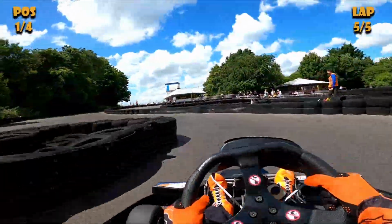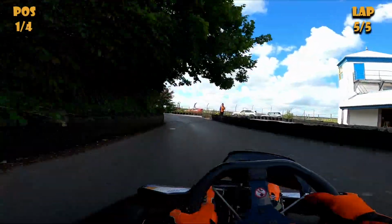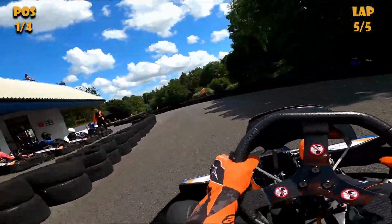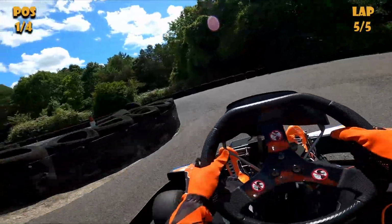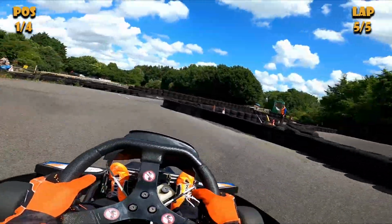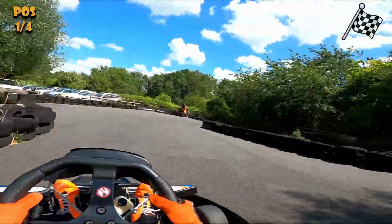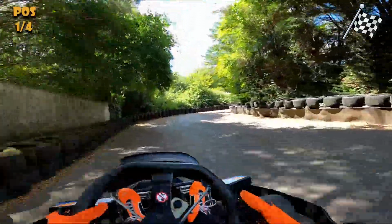Around the chicane, nice and tidy, up the hill, no need for human DRS because I'm not being challenged. Then round the top corner, nice and early on the power, get round there. Coming down the S's, down the hill here. This one is probably my worst corner on the track currently. And then we go checkered flag, and we take a nice easy pole to P1 finish, and start the day